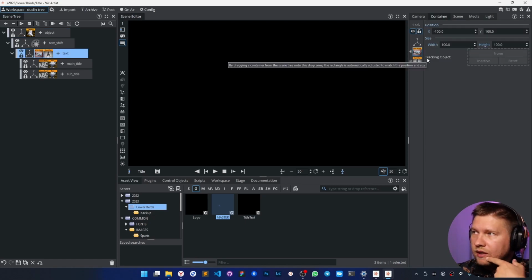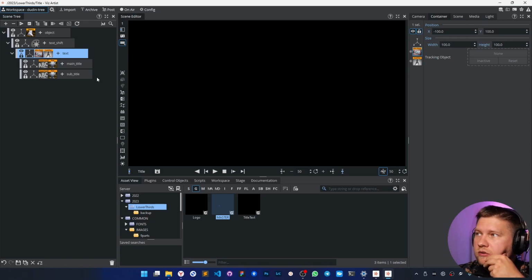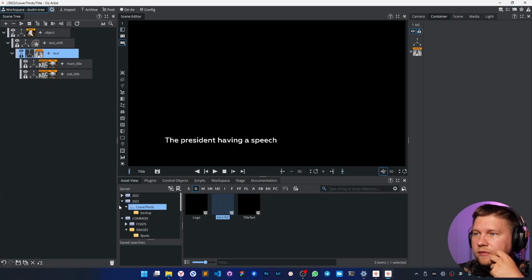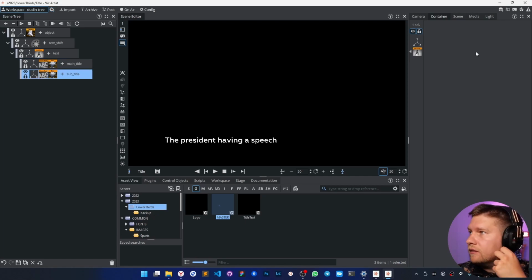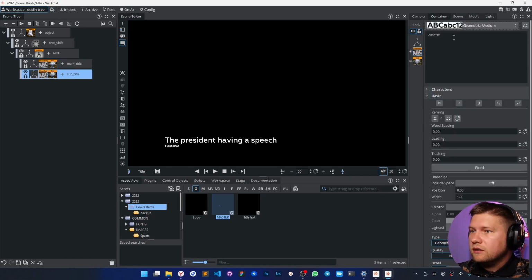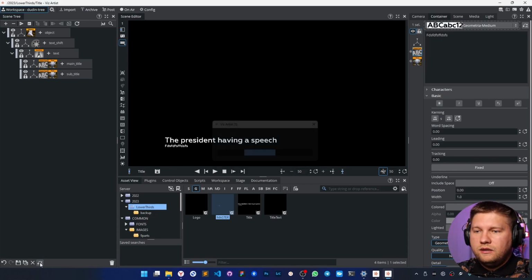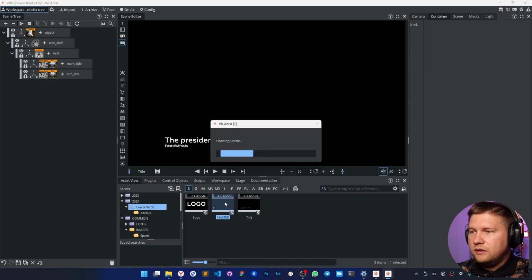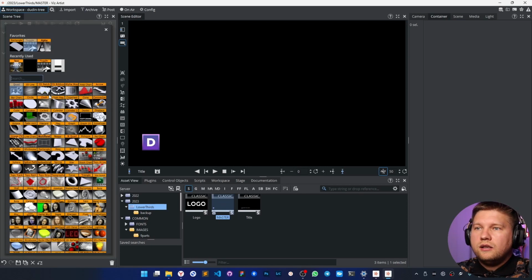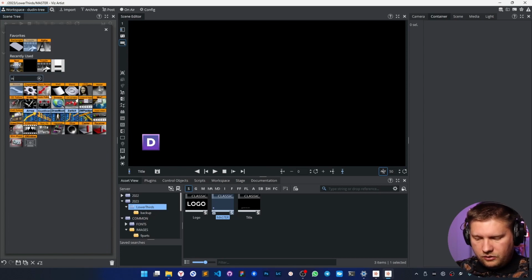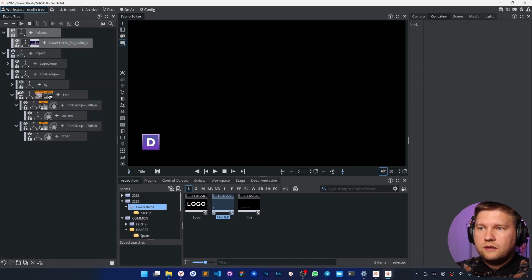But as you can see, we have here window mask, which works via tracking objects. So it means we lose this functionality right now. So of course we have to remove it from here. And by the way, where's the text? Oh, it's here. Okay, that's fine. Let's save it and go to the scene master scene,